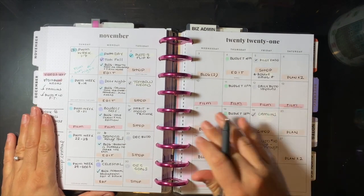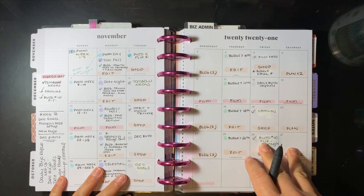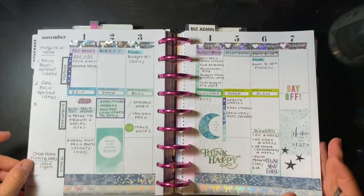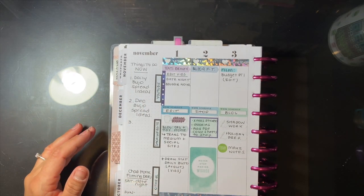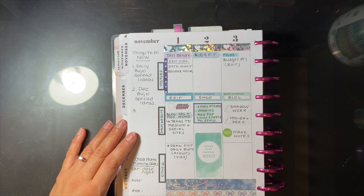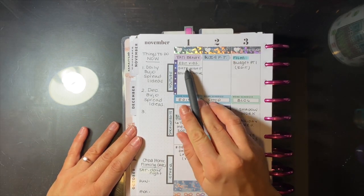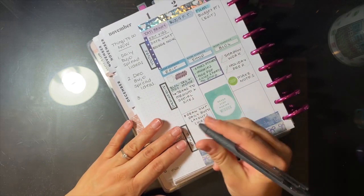The first section is my weekly business layout. Well, this is my monthly. This is what I have going on the first week. And this is my weekly. So it doesn't really count today. Yesterday, normally what I would be doing is going back to Sunday and checking off everything that I did, except I didn't do anything yesterday. So I'm going to show you guys what I have planned for today. But when I come back to this tomorrow, I look at this, and everything that I did, I do check it here. So the only thing that I'll be pretty much writing down here